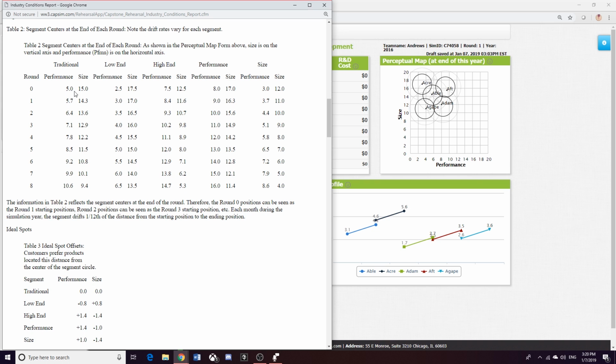So you're gonna say, okay, 5.7 minus 5, that means 0.7. 0.7 divided by 2. Why? Because we want it to be in the middle. So we don't want it to be 7, we want it to be in the middle. So half of 0.7 is 0.35. So we're gonna say, okay, performance is 5, and so we want